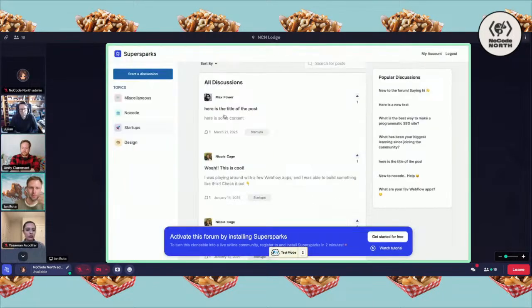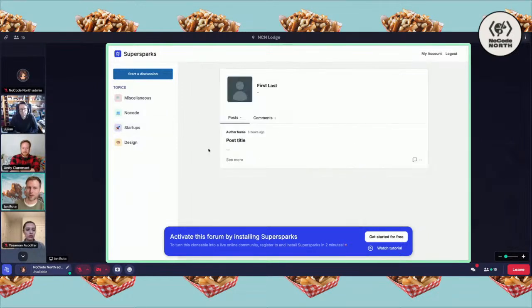So that's of course great for SEO. And just a bunch of other features that I don't know if I have time for, but there's also the possibility for public profiles, so you can see users and activity,